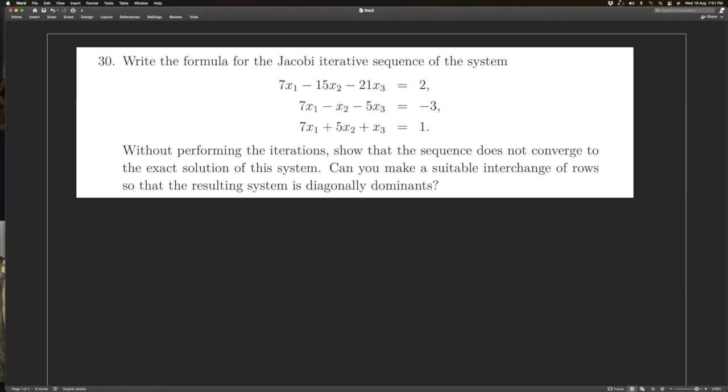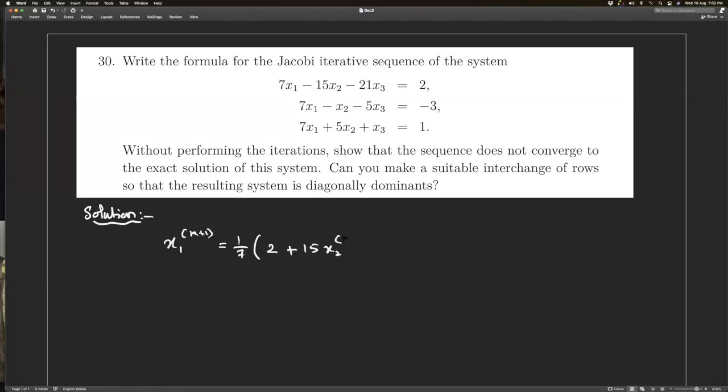Write the formula for the Jacobi iteration sequence of the system given like this. That is not a difficult one because we know how to write it. You just have to keep the diagonal elements on the left hand side, push everybody else to the right hand side, and then divide both sides by the diagonal entry. In that way, we will get x1 of k plus 1 is equal to 1 by 7 into 2 plus